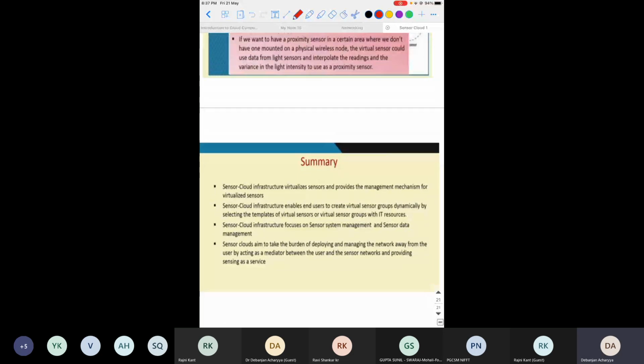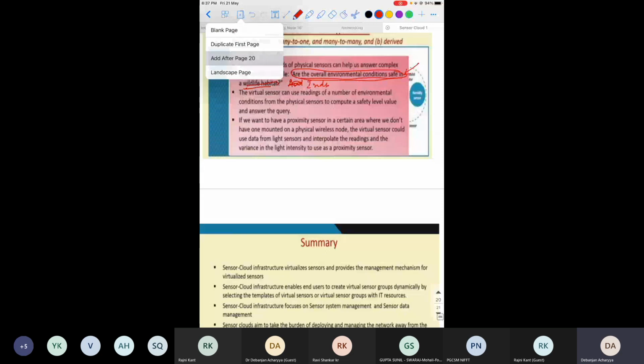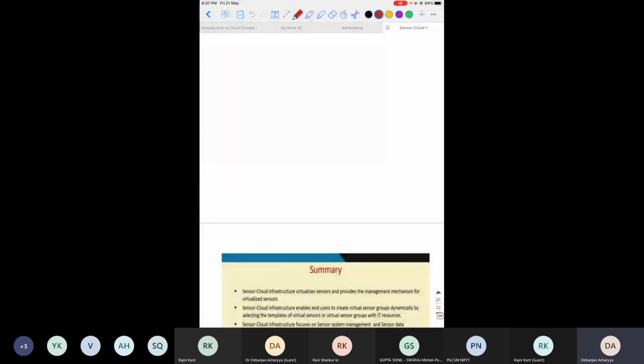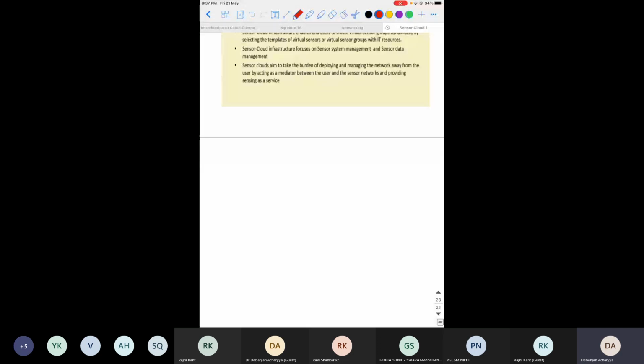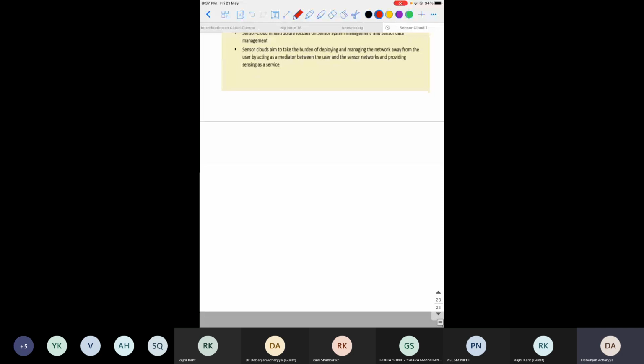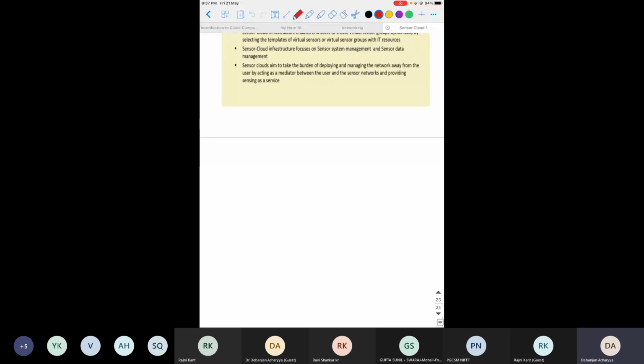So this is the theoretical part about the sensor cloud. Now let me give you a very quick practical example of what a sensor cloud is. For example, you have a physical sensor, a DHT.